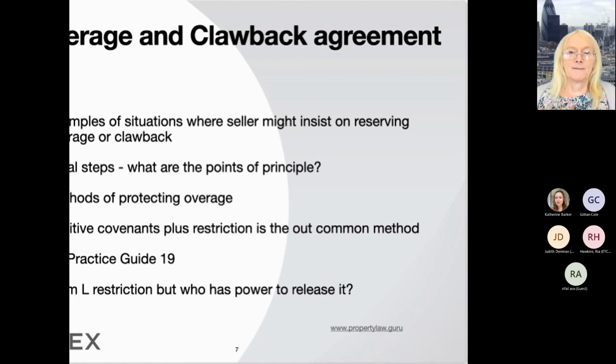And there has to be a statement in panel 12 of form RX1, or a conveyancer's certificate must be completed. You have to give details of the agreement and identify the provision in the agreement limiting the registered proprietor's ability to make any disposition. And some overage agreements have an express obligation on a party to apply for a standard form restriction, and the normal one is a Form L.